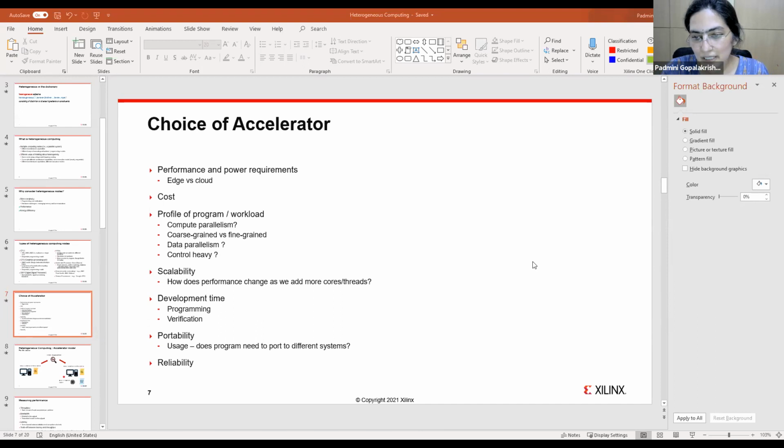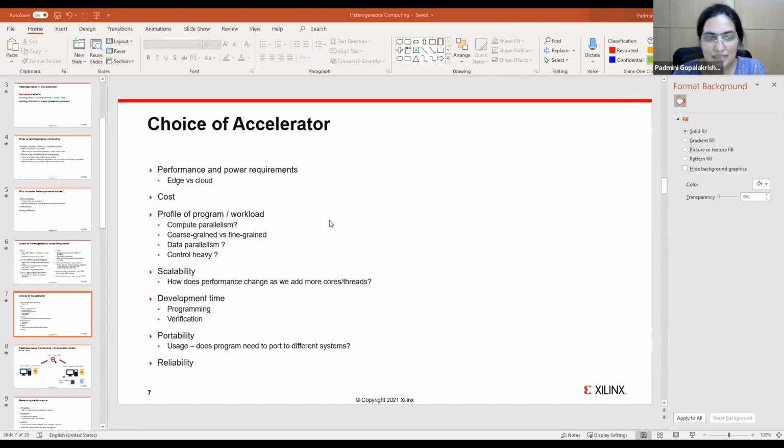One difference is that on the cloud you tend to look at operations having much higher throughput. So you want to be able to run a large number of operations per second. On the edge, actually, what you look for is latency.